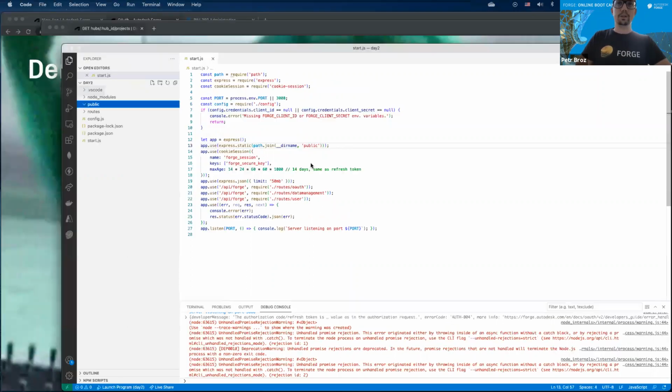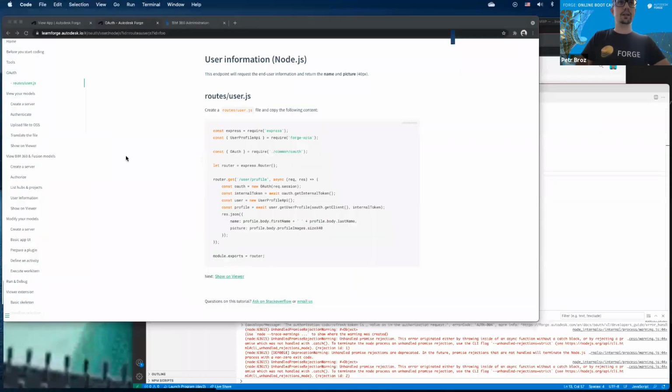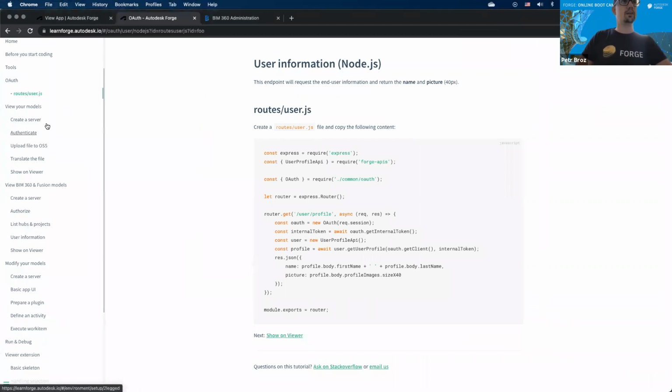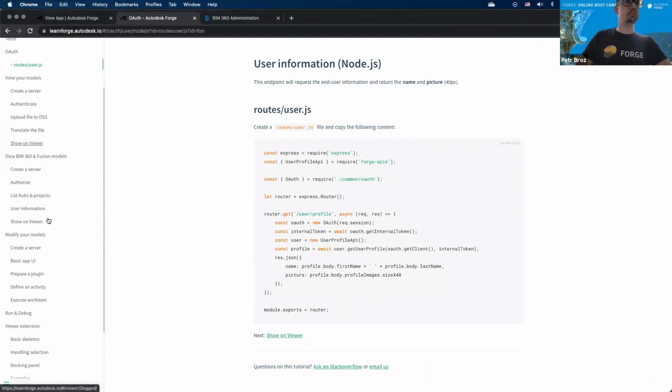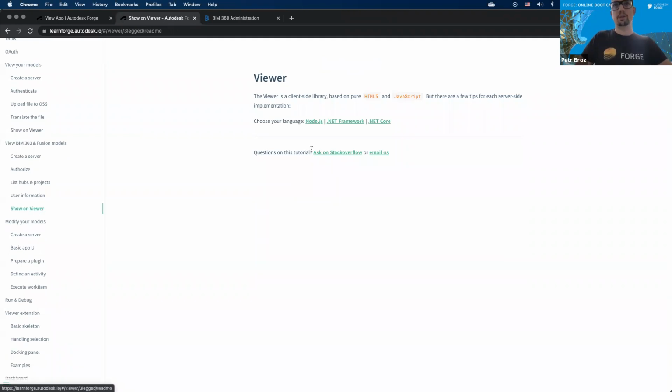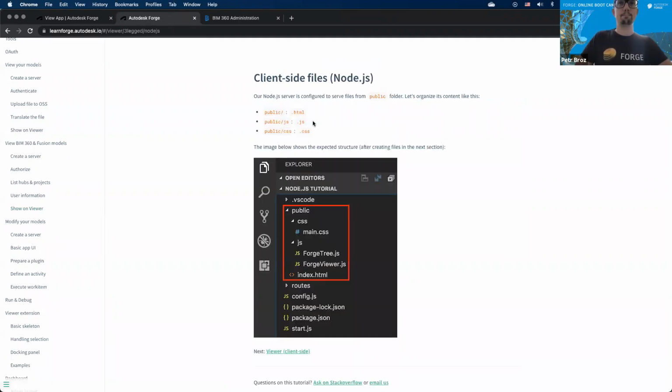Now if we go back to the Learn Forge website and look at our tutorial, we're moving over to the final step of our View BIM 360 and Fusion Models tutorial, show on viewer. Here we're going to put together one HTML file that will be our index page, one CSS file in a CSS subfolder to define some basic styling for our index page, and then two JavaScript files with the client-side logic for the tree and